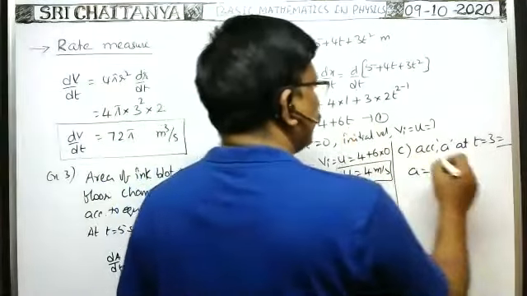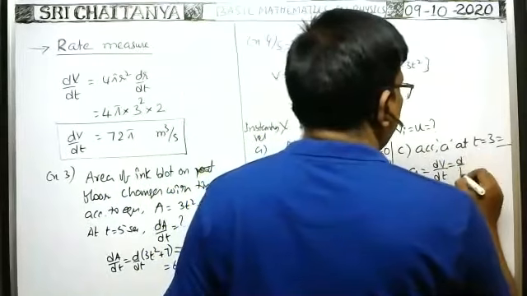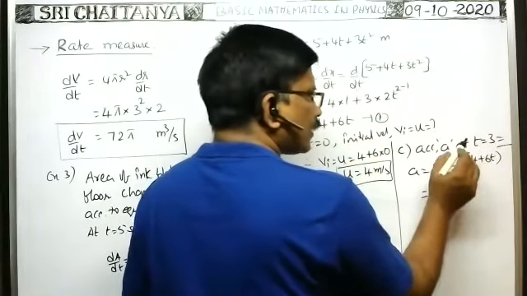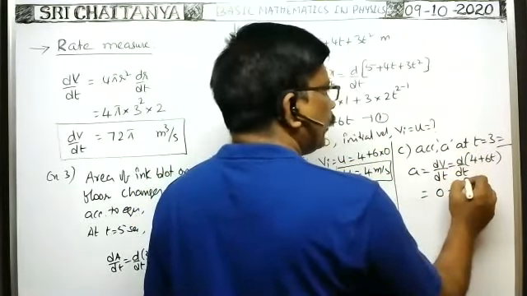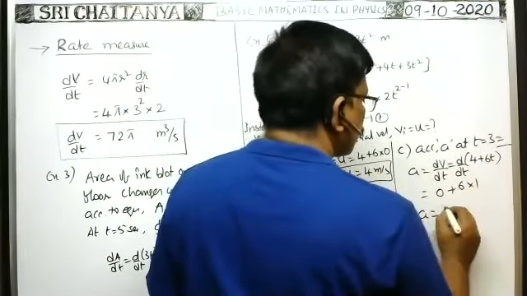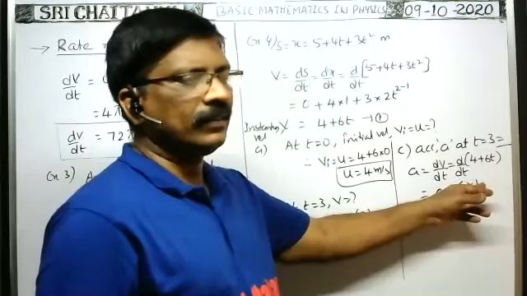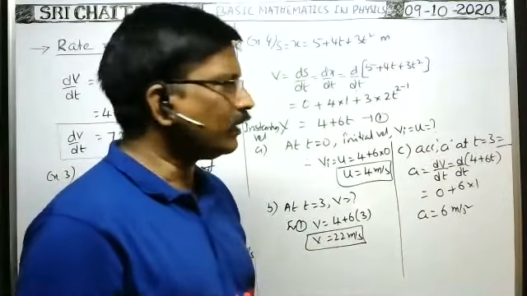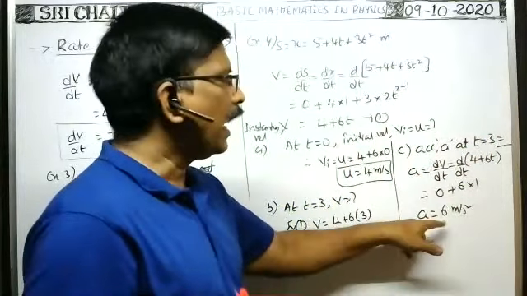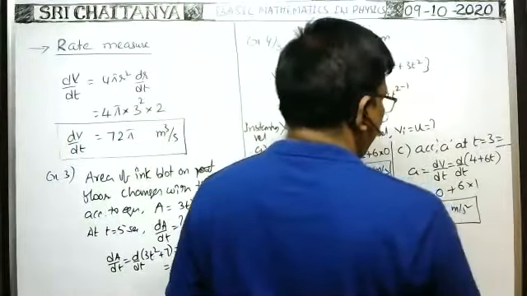Velocity is already available as a function of time, so we can write it this way. d by dt of v = d by dt of (4 + 6t). Differentiating the constant gives 0, plus d by dt of 6t; 6 is a constant so take it outside, and d by dt of t is 1. Therefore a = 6 meter per second squared. There is no time function in the acceleration, so it does not depend on time. The acceleration is constant: after 3 seconds, 1 second, at t = 0, 5 seconds, 10 seconds, whatever it may be, acceleration remains constant, equal to 6 meter per second squared. This is the acceleration of the body.